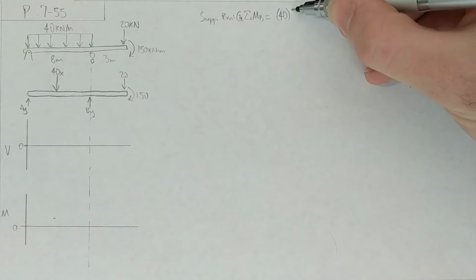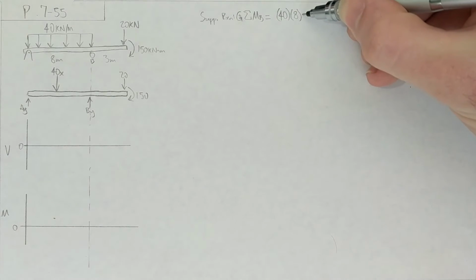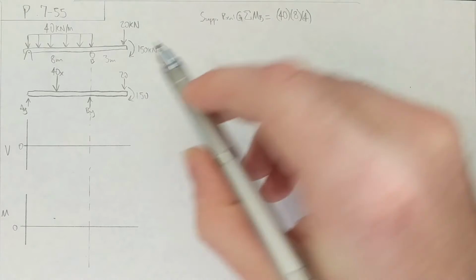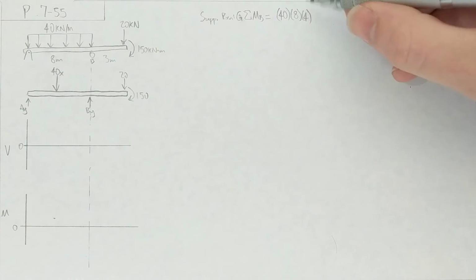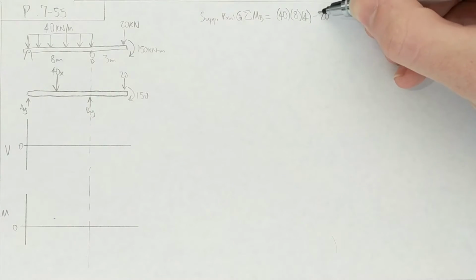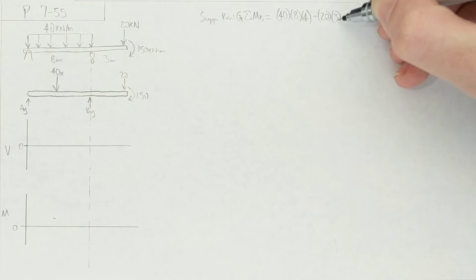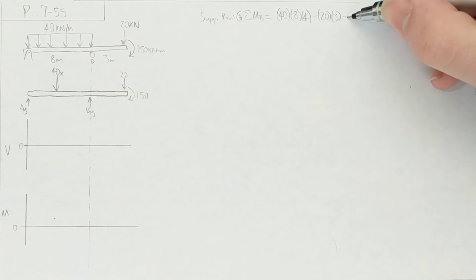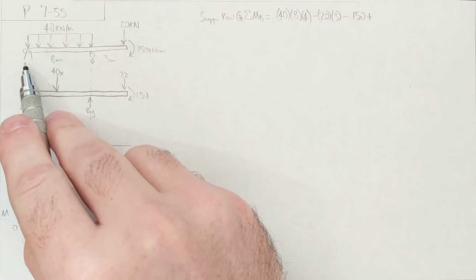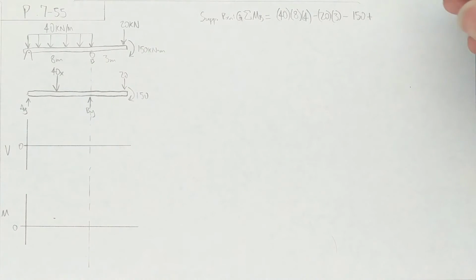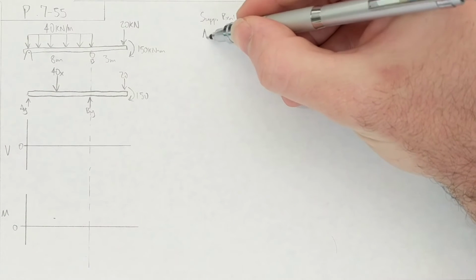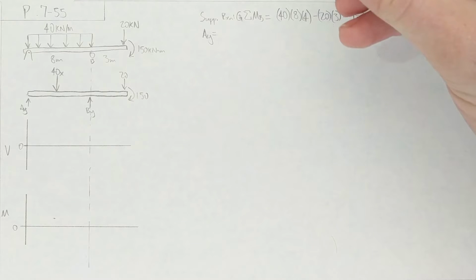So 40 times 8 times 4, minus 20 times 3, minus 150, plus AY times 8, all equals 0. We end up with AY equals